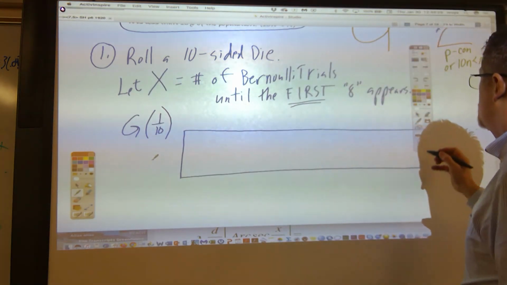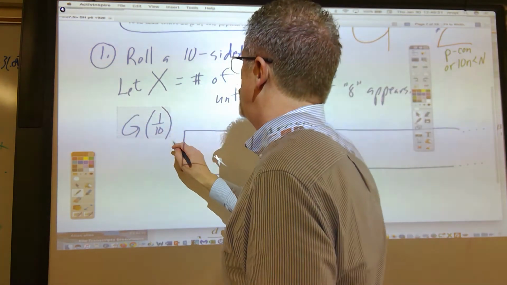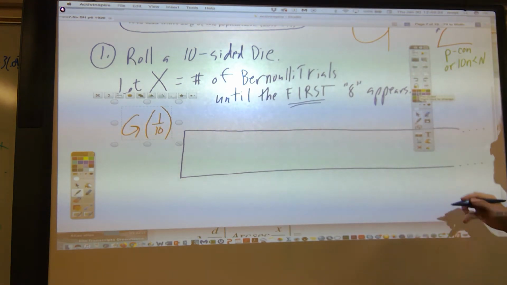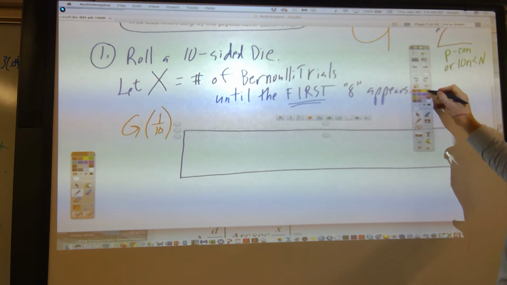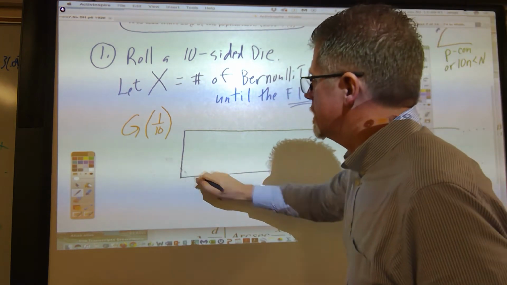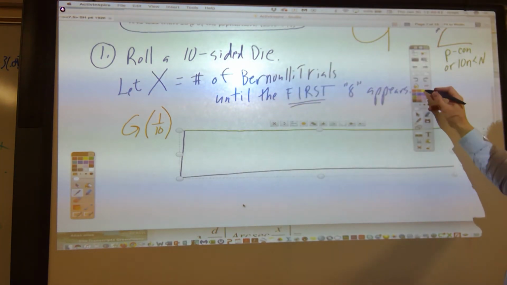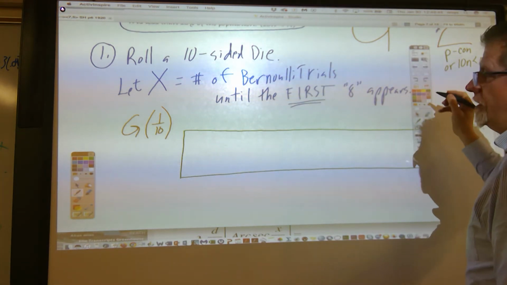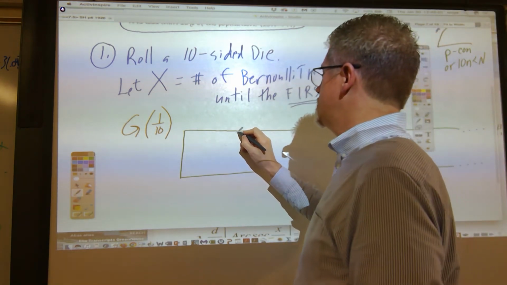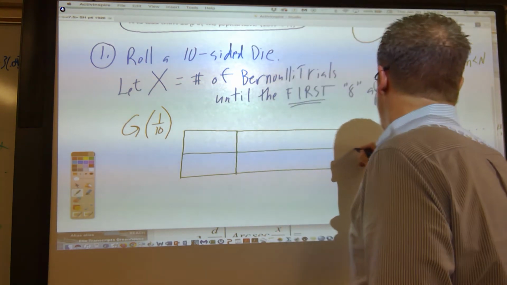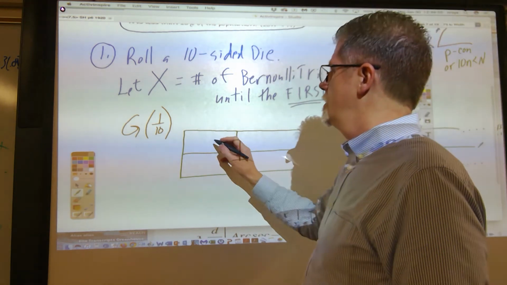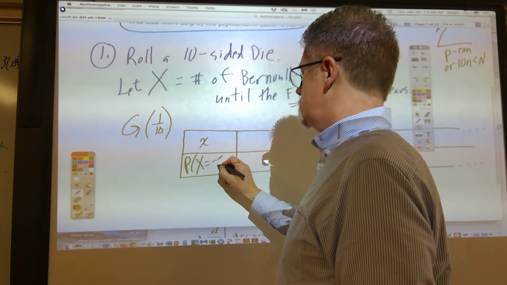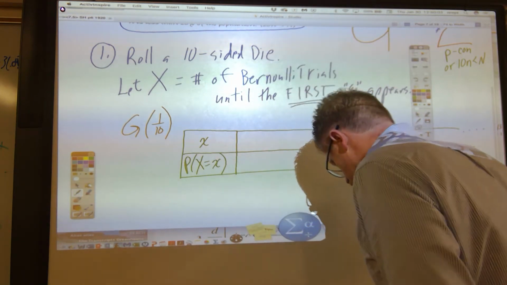And then I'll let you decide whether you want to use the orange representation of the model or the green representation of the model, because it's not both. On the AP test, they let you get away with either orange or green. The orange representation is G of 1/10. Here's the green representation. Get ready, hold your breath. Lowercase x, probability of capital X equals lowercase x. And it could be,